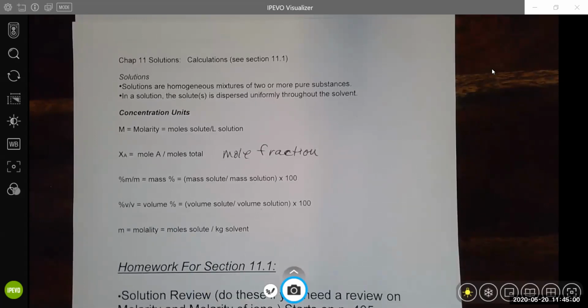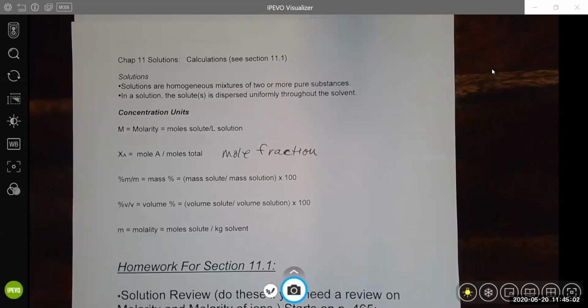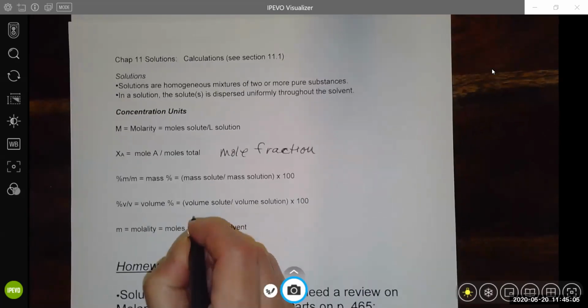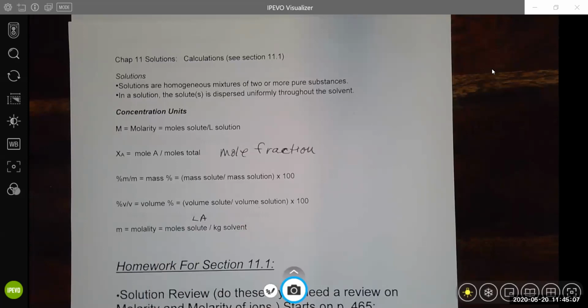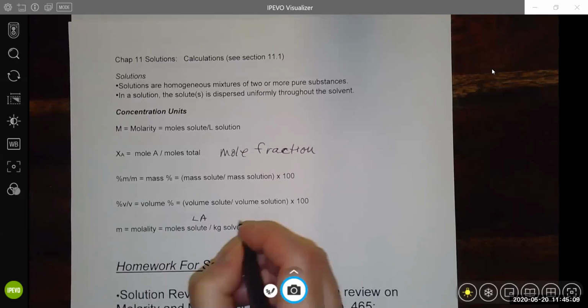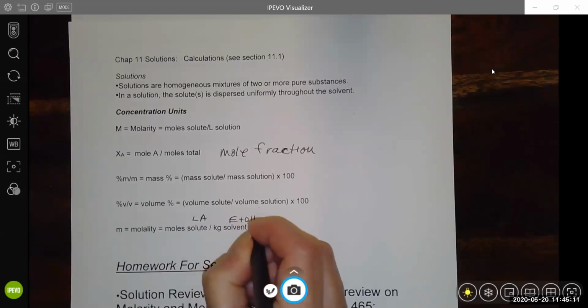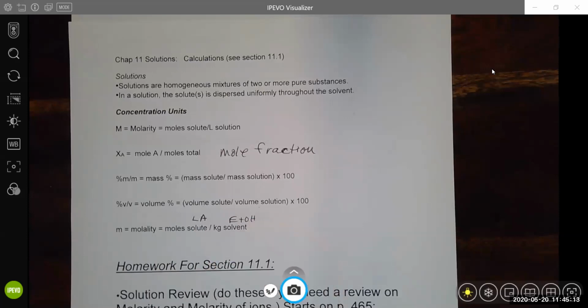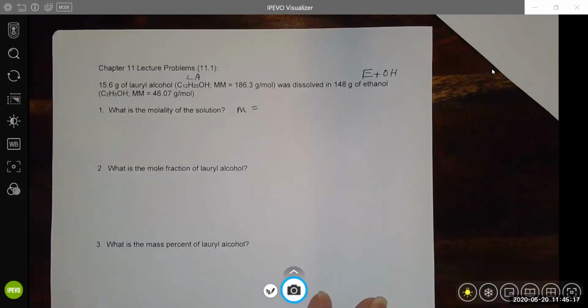I'm going to replace that with what we have. Our solute here is lauryl alcohol. Solvent is the ethanol. So the molality will be